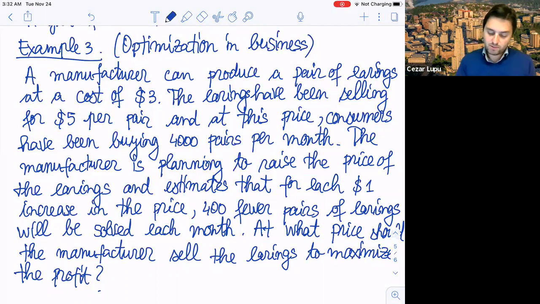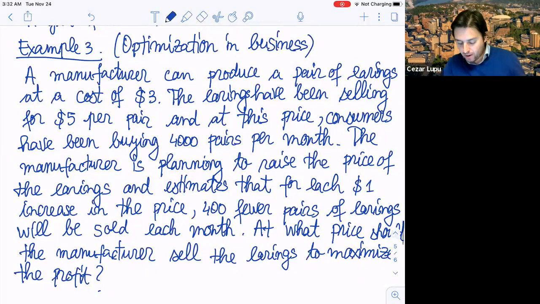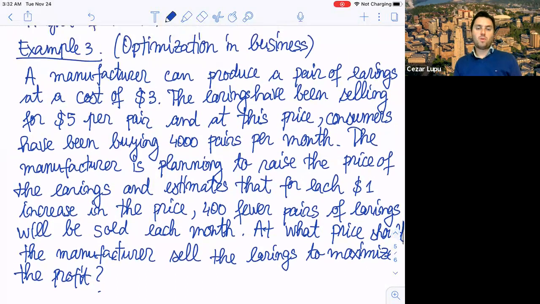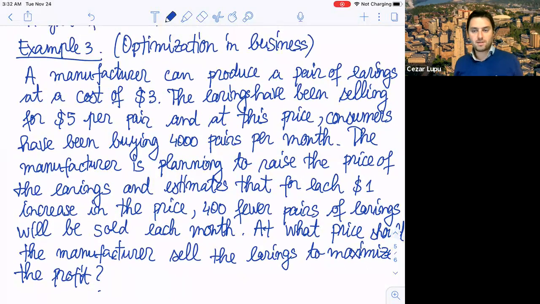Will be sold each month. Sorry, it's kind of late in the night, so you'll excuse me for that. So at what price should the manufacturer sell the earrings to maximize the profit? Wow, this is like a business. All right,